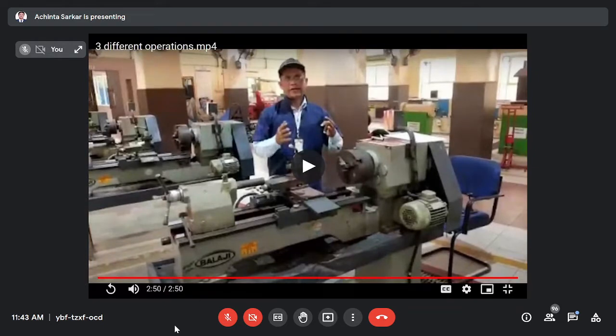Suppose we need to do a chamfering operation. Okay, so we'll show how to do a chamfering operation. Sometimes in a drawing it is mentioned that for chamfering the angle should be 45 degrees. So there, if I rotate both wheels parallelly, then the cutting tool, see,